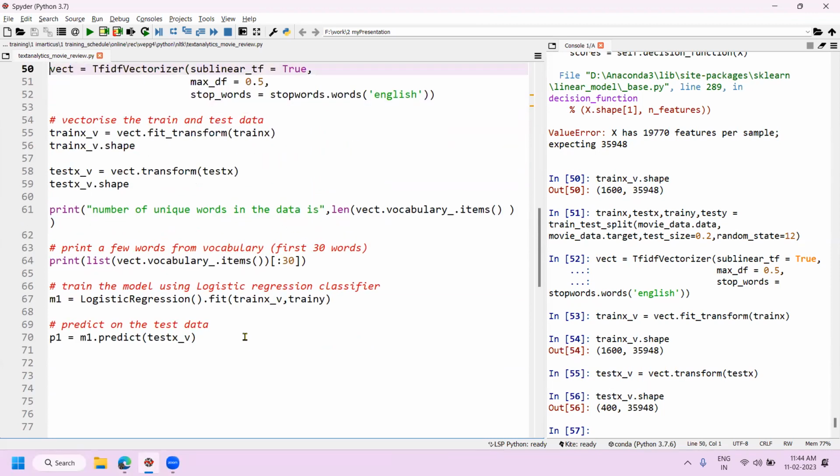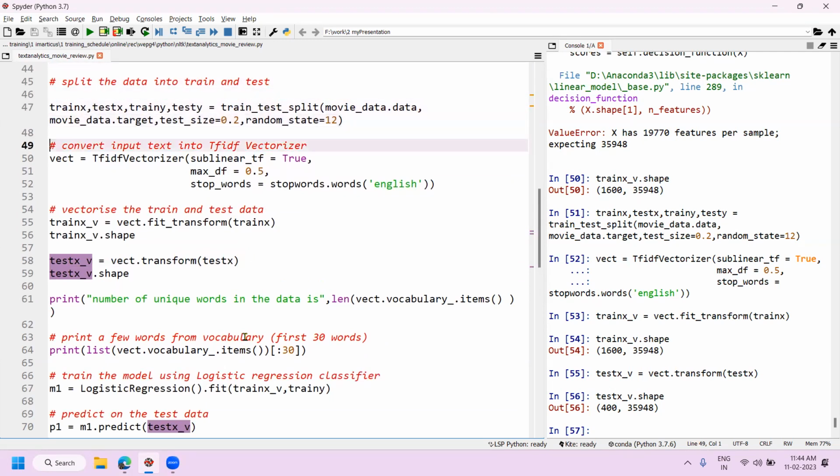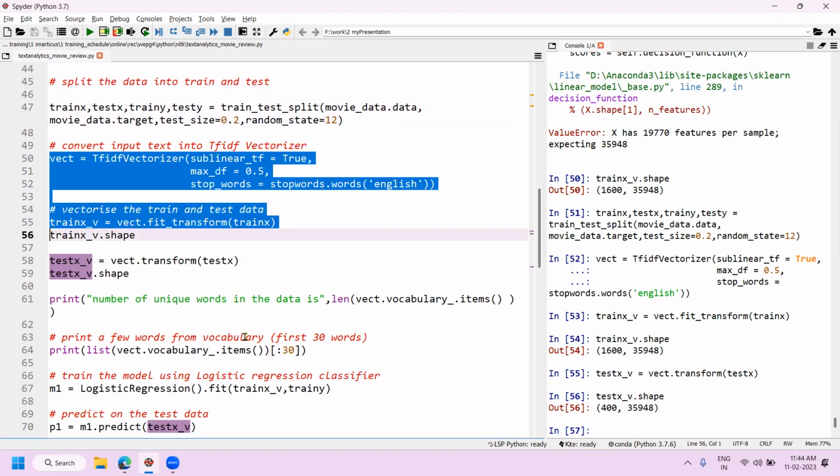हाँ नहीं, ये वाला चेंज कर लो बस। ये जो टेस्ट x अंडरस्कोर v था उस पे वेक्टर डॉट ट्रांसफॉर्म करना है, नॉट फिट अंडरस्कोर ट्रांसफॉर्म। एंड देन रन दिस होल लाइन यहां से। अदरवाइज ये जो वेक्टर का जो इंस्टेंस है इट इज स्टिल हैविंग द ओल्ड इंफॉर्मेशन, उसको रिफ्रेश करना है।